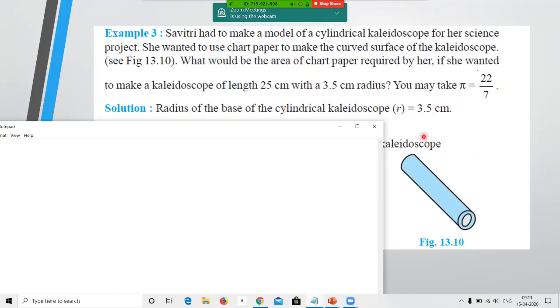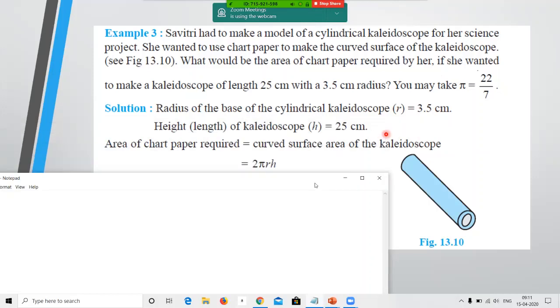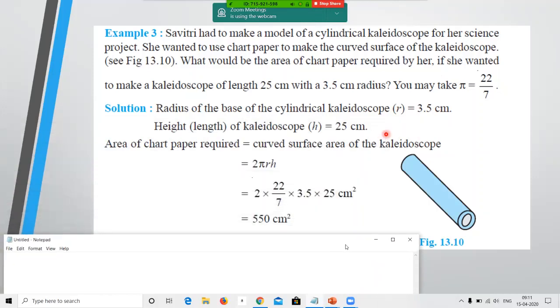Now, whenever you see decimals like 3.5, try making it as 35/10. It makes the calculation easier for you. So if I move ahead, the answer is 550 centimeters square. If you would have made 35/10, then 7 and 35 would have got cancelled off, and 2 and 10 would have got cancelled off. I will not give any instructions about the working part because working is your own way, the way in which you are comfortable with. But see that you don't go wrong anywhere.